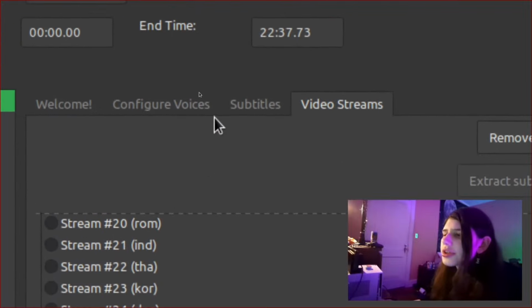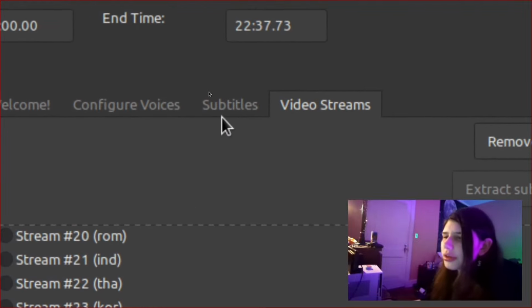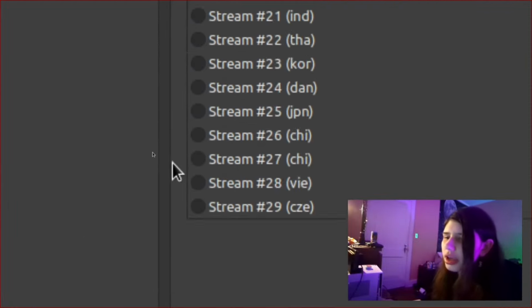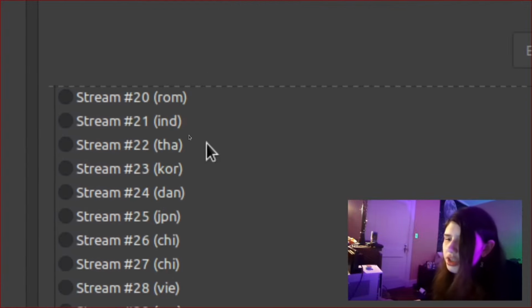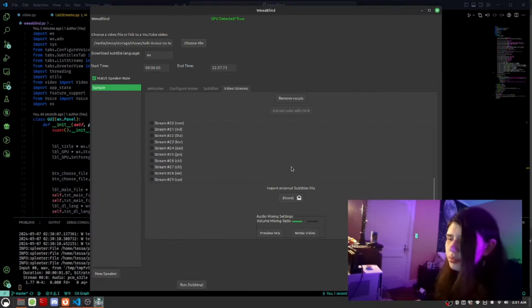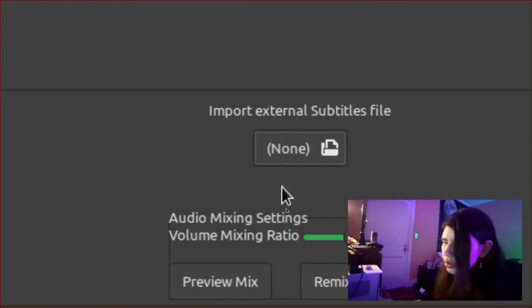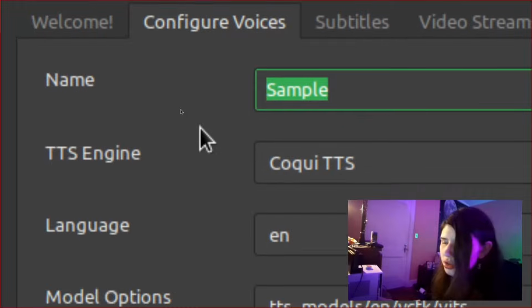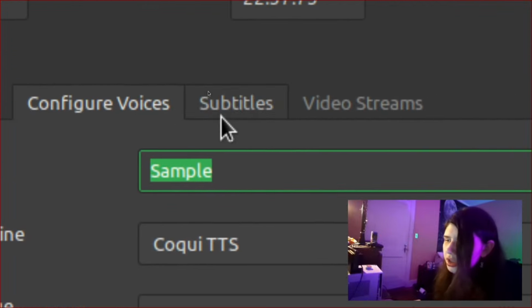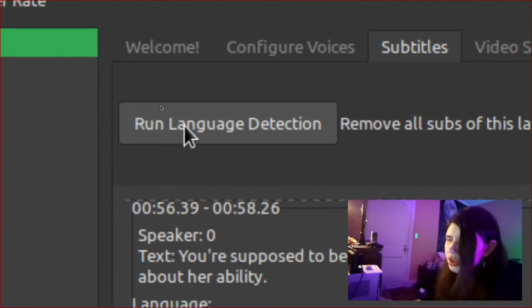But once again, that's where the GPU will really help out because that is a TensorFlow process that it's running. So in the actual video, you won't get that Japanese spoken audio. And if we go into configure voices, we have our voice set up. The next feature that's really nice is in